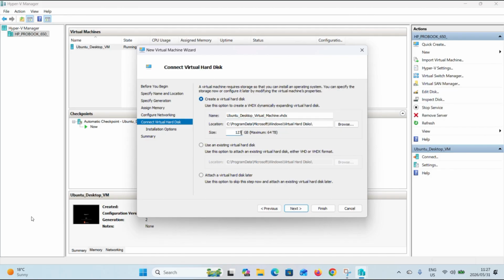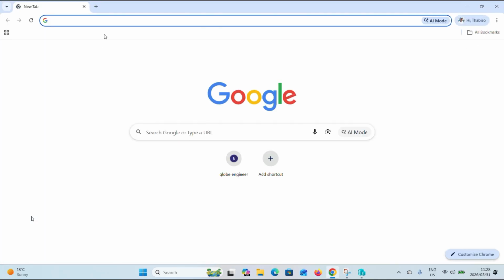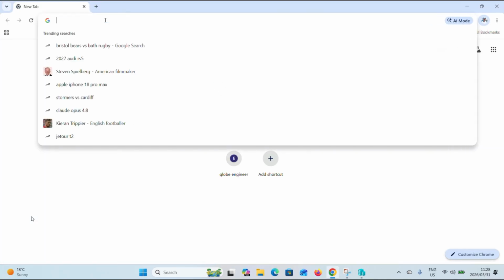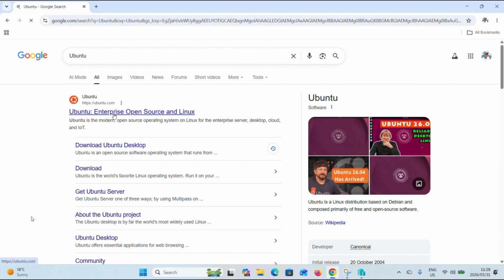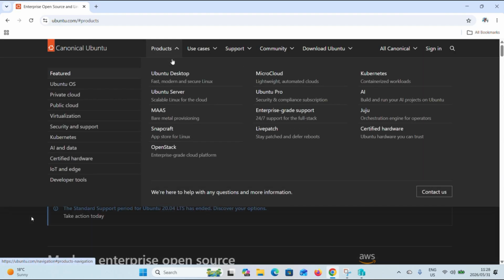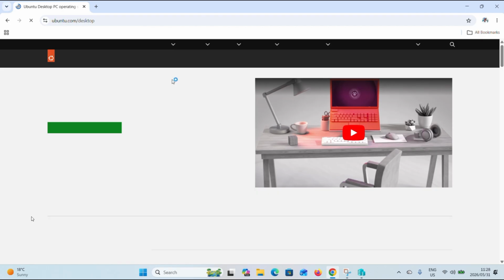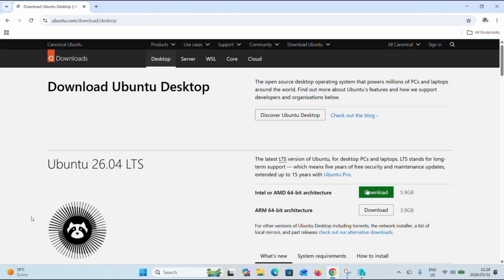So this is the part where we assign the total storage of our virtual machine. We're just going to check how much storage you have, and then we select the operating system. Please take note that I'm going to a browser right now to search for a bootable image file that can be executed on Hyper-V. I'm just going to search for Ubuntu because we will need the Ubuntu operating system for a virtual machine that uses Ubuntu. We access their website, click products, Ubuntu desktop, we download Ubuntu desktop, and on this part we